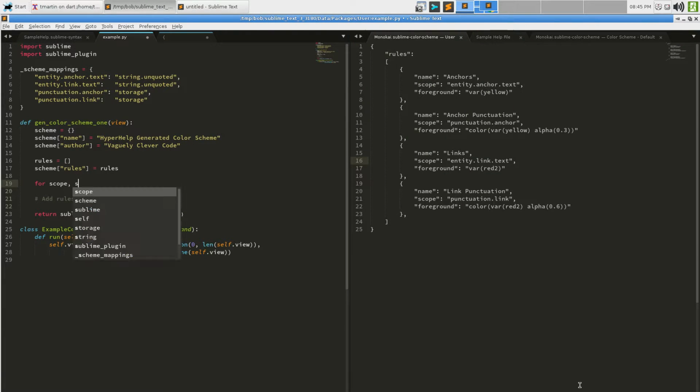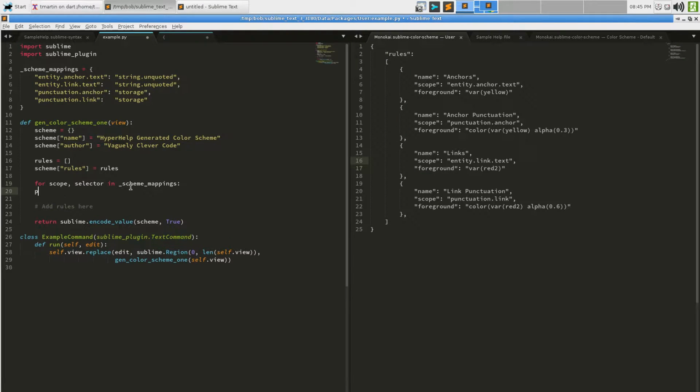This is the scope, and that's the selector, which is sort of a confusing thing. The key is the scope that we are scheming, and this is the selector that we're going to be looking for in underscore scheme mappings.